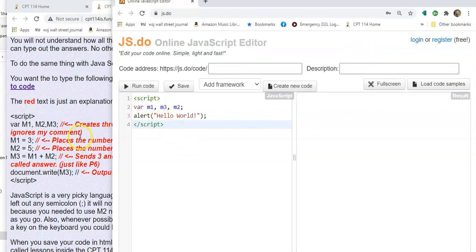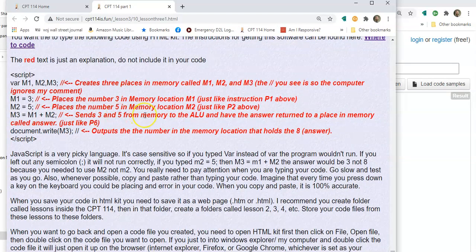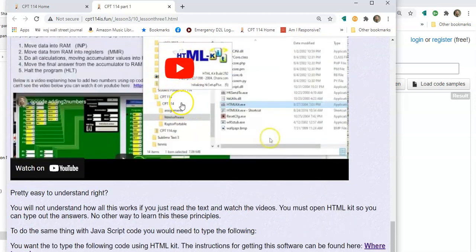And that's the instructions I have in here. The red text is comments. Do not type that. That's not part of the code. They're explaining to you. And again, I have a video here, and if you want to type along with me, that's a good idea. So when I type in my opcodes and operands,